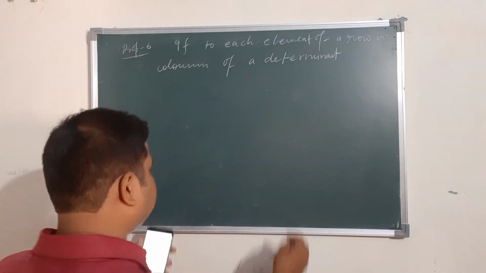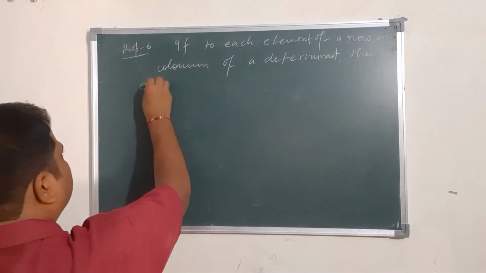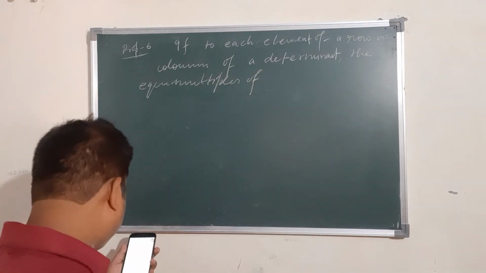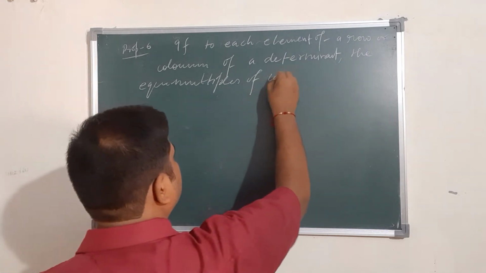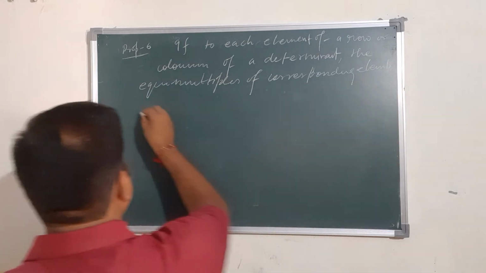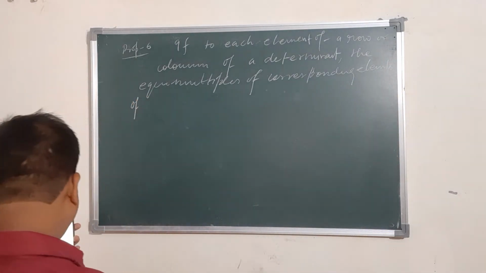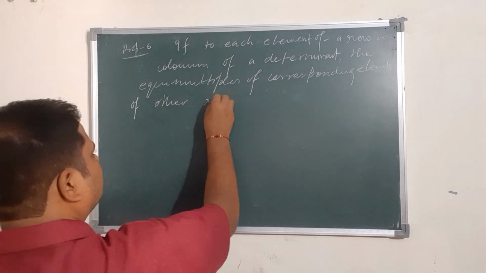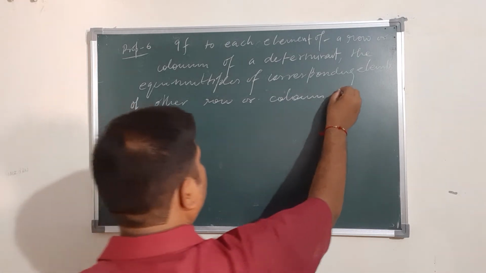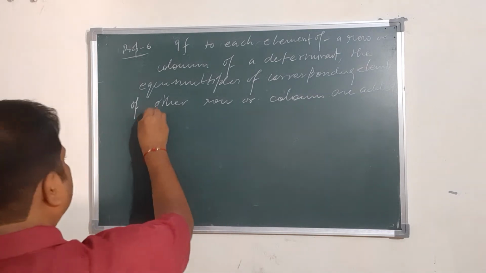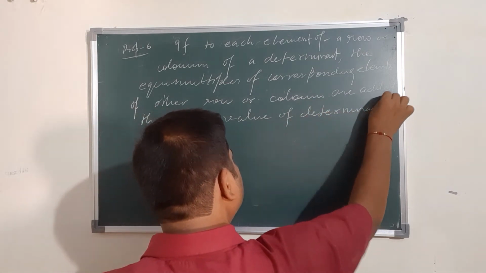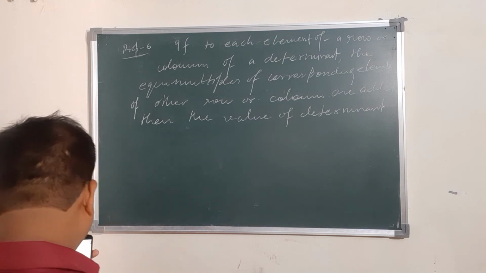the equimultiples of corresponding elements of other row or column are added, then the value of determinant remains the same, that is